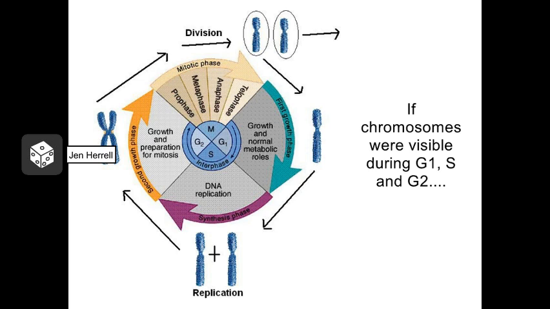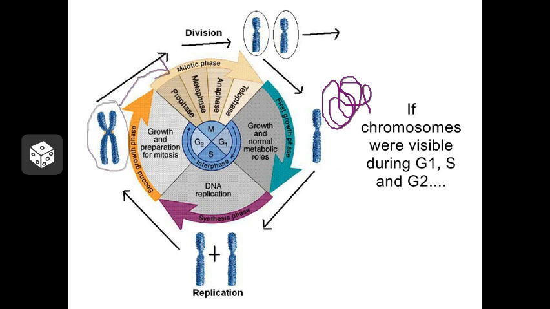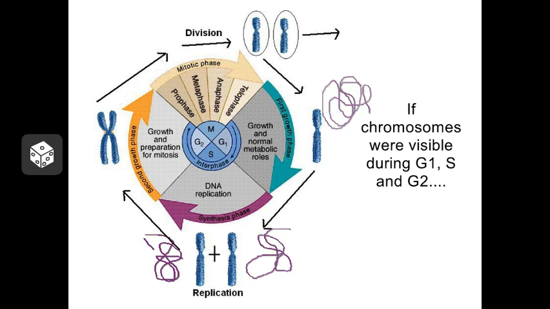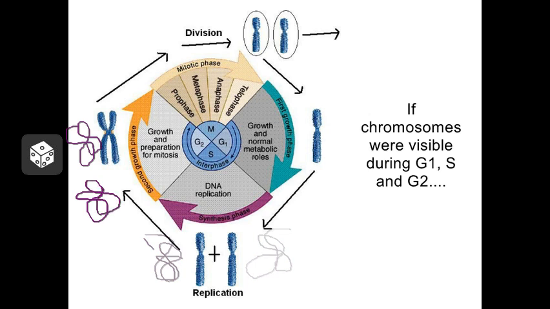Now remember that the chromosomes are only actually visible, they only actually look like this during cell division. The rest of the time, the chromosomes are going to be in the chromatin form. They will be more loosely coiled, so they might look something like that. During replication, each chromosome gets copied, so that would mean there's two pieces of chromatin floating around for each of the original one. And even during G2, they would still be in their chromatin form, so they wouldn't actually be joined up like this. They're only joined up during division.